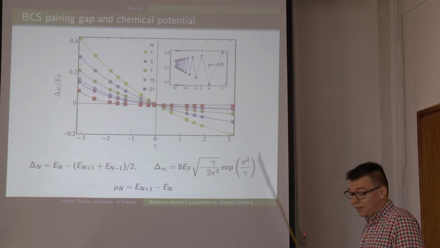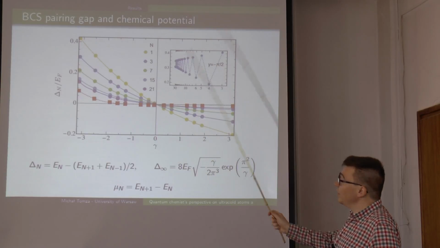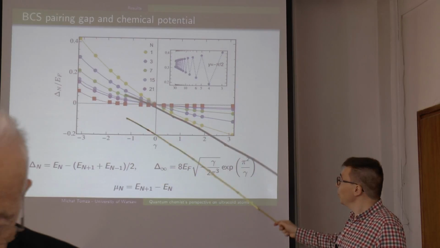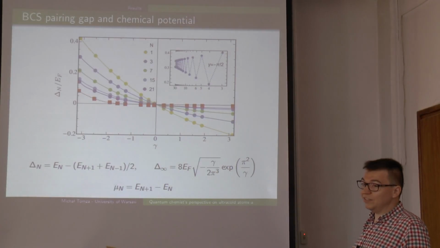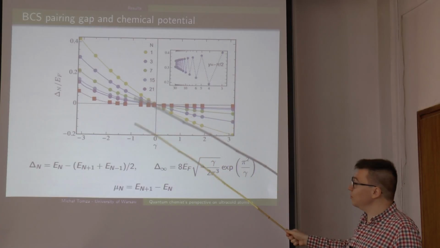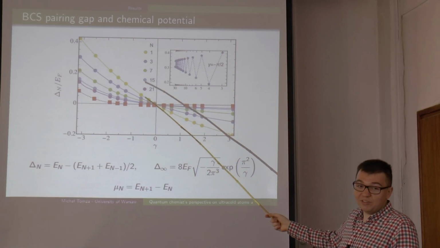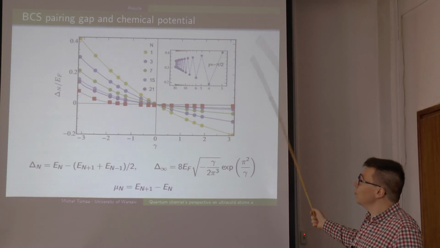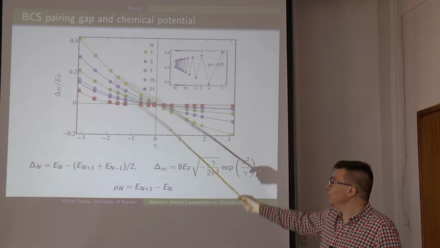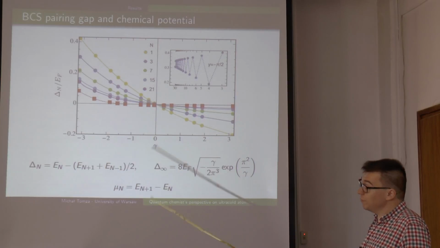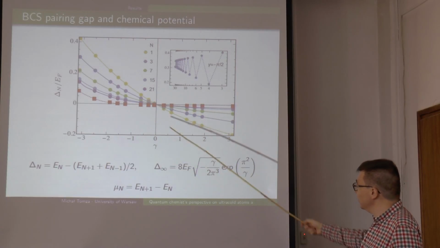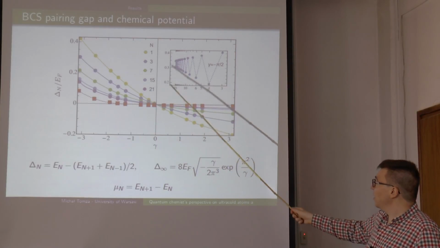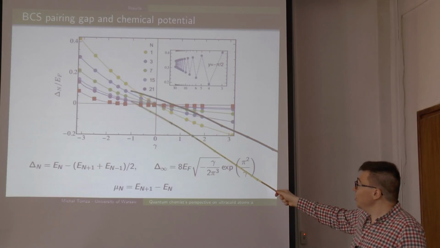And on the last slide, where I present the last results, we tried to reproduce the BCS pairing gap for this system, and we also did the calculations for few particles. Now we find that it converges much more slowly to the thermodynamic regime. In the thermodynamic limit, for positive interaction strength there is no pairing gap, and for negative interaction strength there is a pairing gap that depends exponentially on the interaction strength, and we reproduce it quite well.